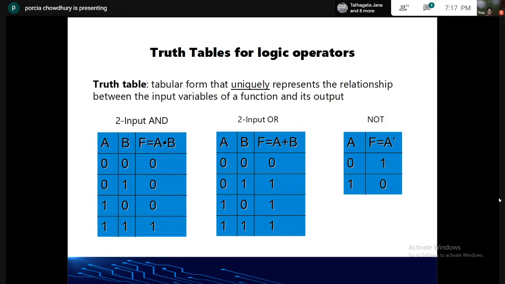Now suppose instead of 2 inputs, I have a gate or circuit with 3 inputs. How many combinations can we form? The base is 2, and how many input lines do we have? 3. So 2 to the power 3 is equal to 8. In this way the input combinations will work. That is the relationship between the inputs and how many combinations we can form from any n number of inputs. So is it clear?